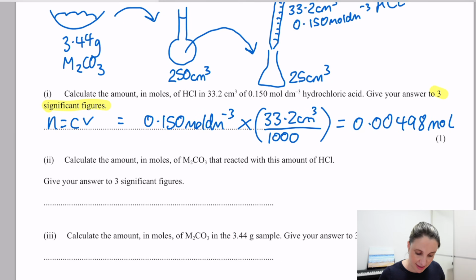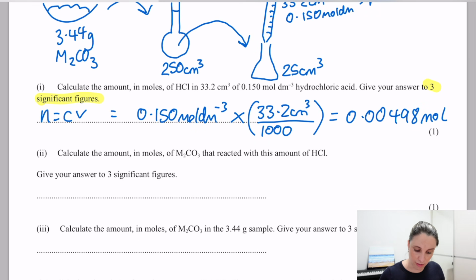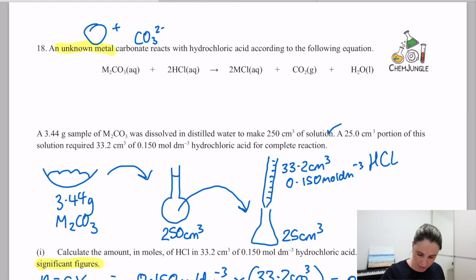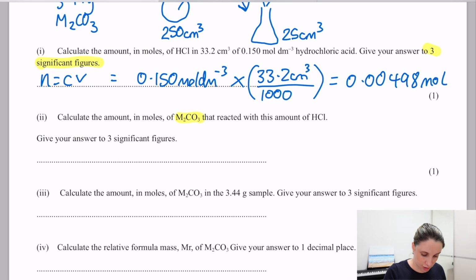It then says, calculate the amount in moles of the mystery carbonate that would react with this amount. So in this, I've worked out that I've got 0.00498 moles of the hydrochloric acid. These are in a 2:1 ratio. So to get the moles of the carbonate, what we're going to do is divide by 2 because the moles are in that same ratio. So if we do that divide by 2, then we get